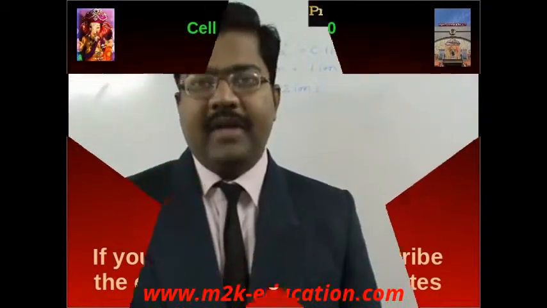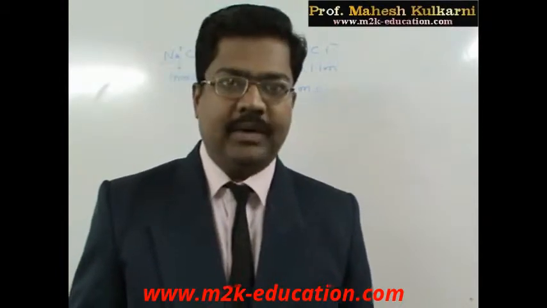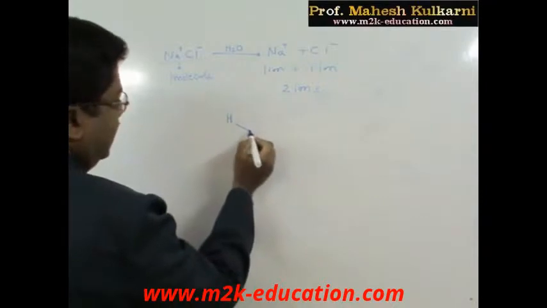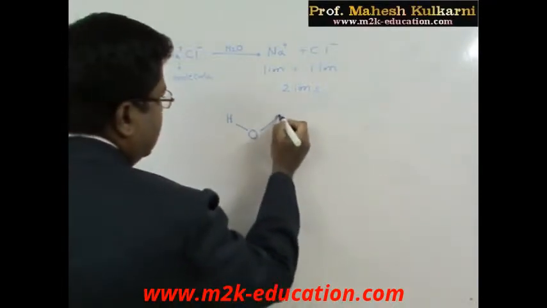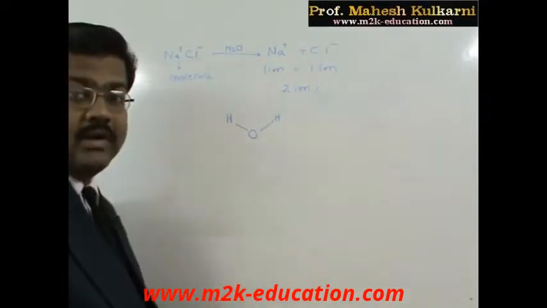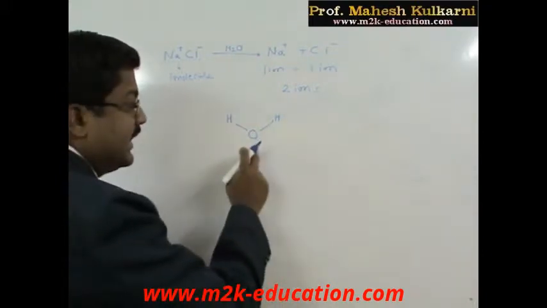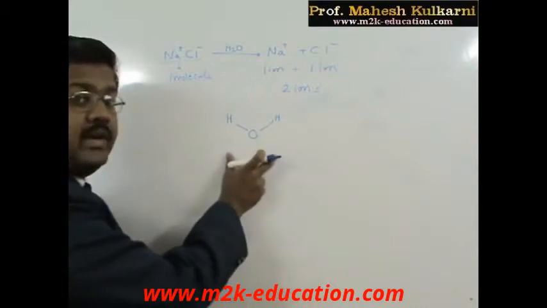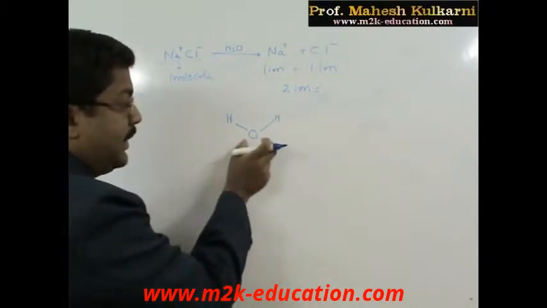Now, why do we have to consider water as a solvent? Let us check. Try to recollect the chemical bonding chapter. The structure of water is like this. Oxygen is the central atom. It is undergoing sp3 hybridization, but a distorted structure is there because two lone pairs of electrons